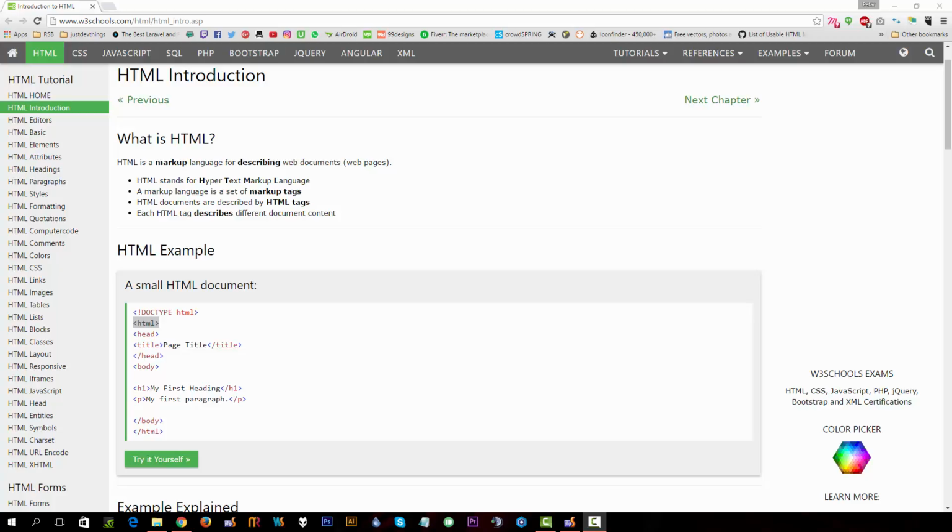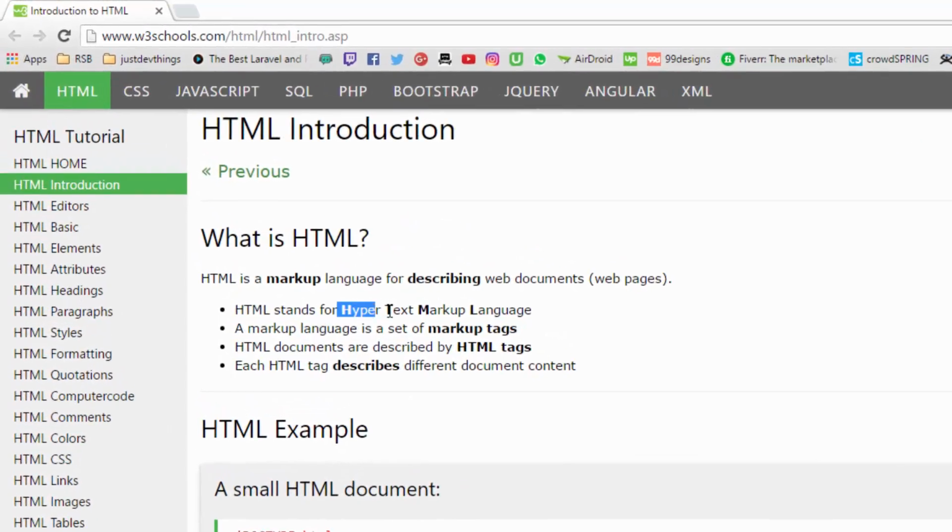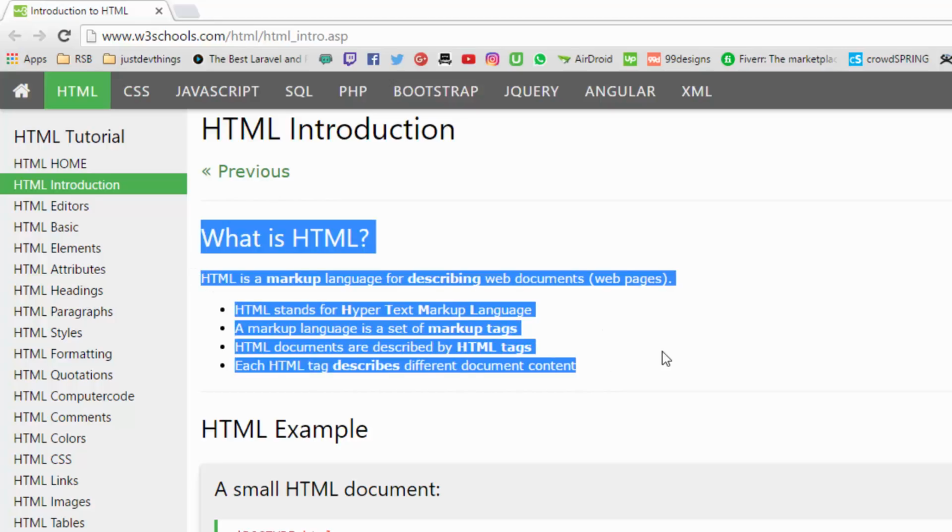Well, the first time I heard the term, I thought it's an STD. It's not STD, okay? It's not what it stands for. HTML stands for Hypertext Markup Language, and a markup language is a set of markup tags. Alright? Now, we're gonna get to what these are, but let's just assume that everything that moves and breathes and